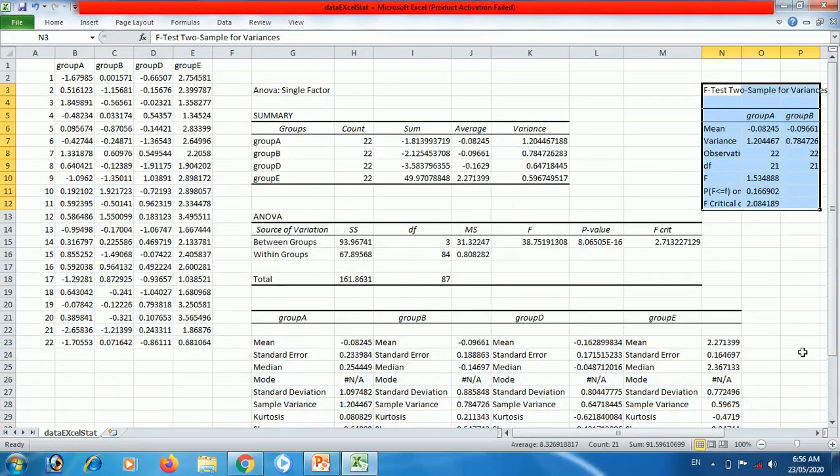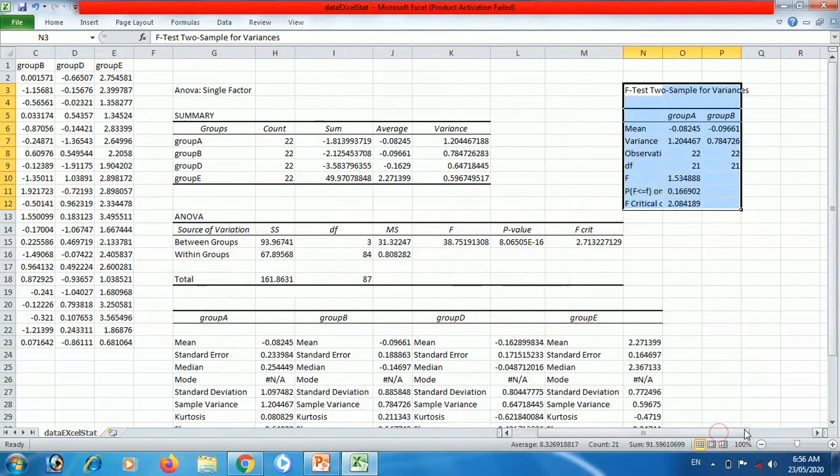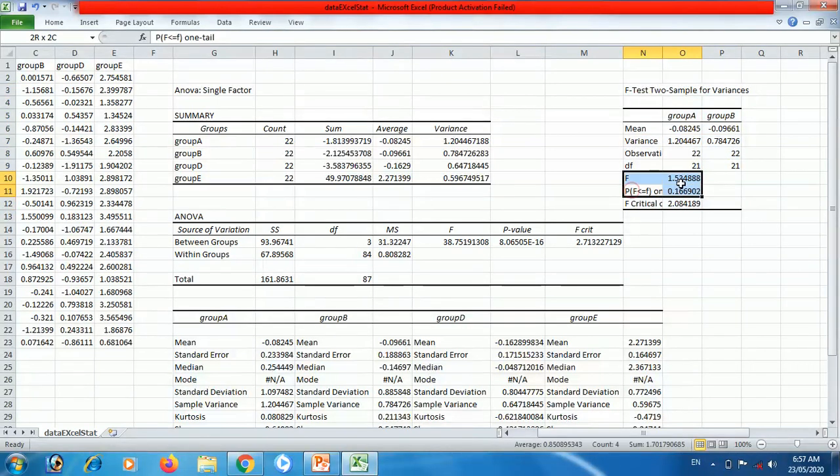F test is to compare whether the groups are same or not, and null hypothesis is that the groups are same, there is no difference. And here p value is 0.1, therefore we have to accept the null hypothesis that there is no difference in group A and group B. Group A and group B are coming from same distribution, therefore there is no effect of treatment A and treatment B. Both treatments are same.